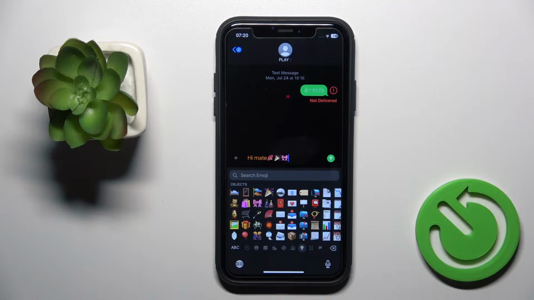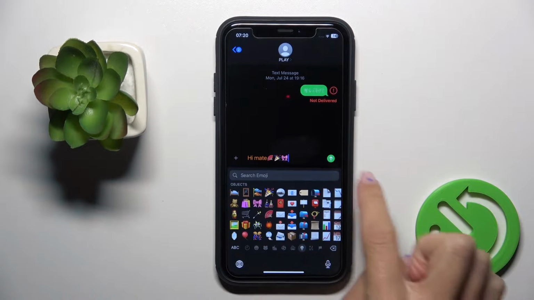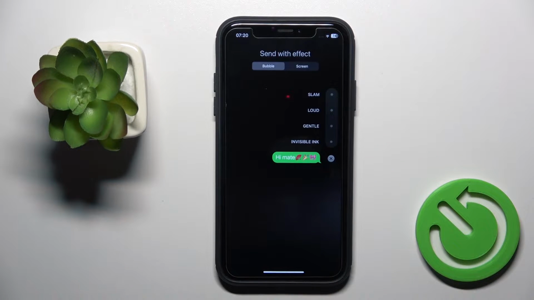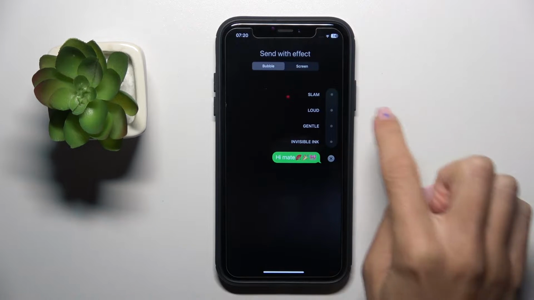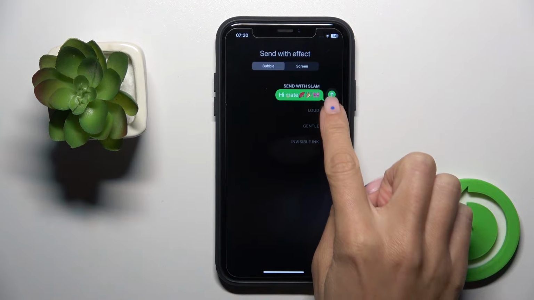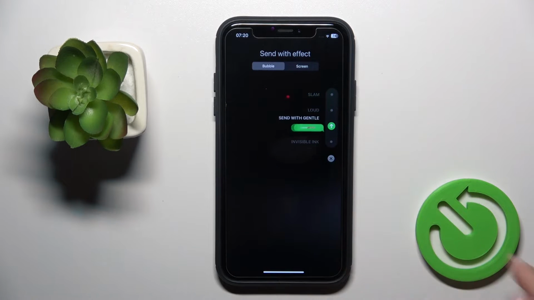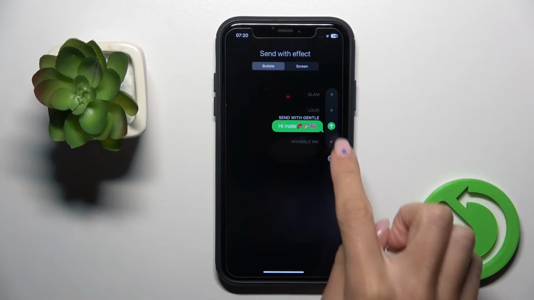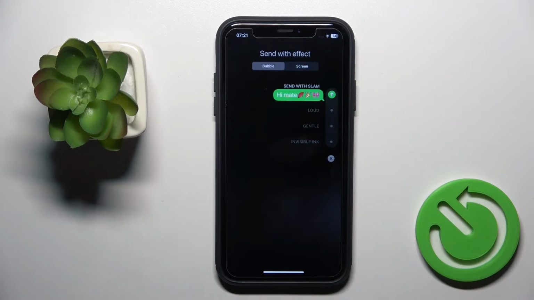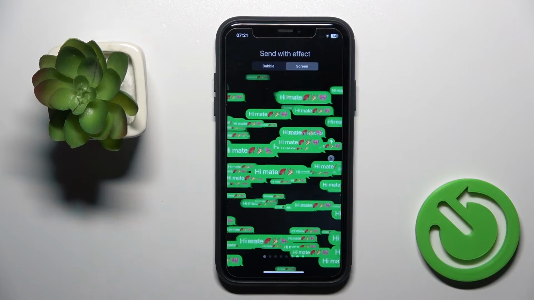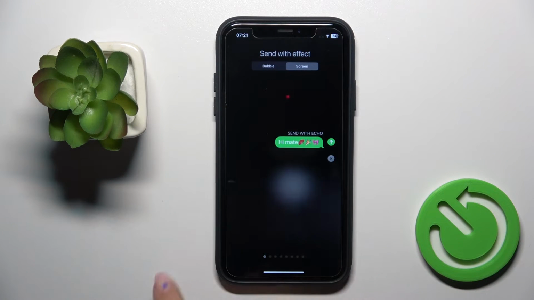And now to apply some effects, you have to tap and hold send button, where you will notice bubble and screen effects. Under bubble you've got slam, loud, gentle, or invisible ink. Let me pick slam. Once you enter screen, you can use either echo, spotlight, balloons, confetti,